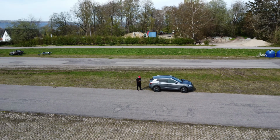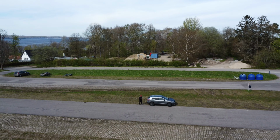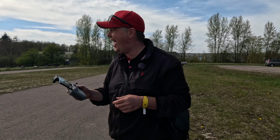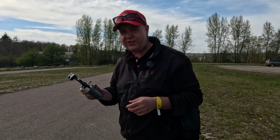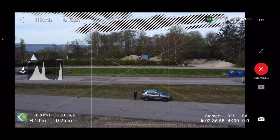So now it's doing its thing, and then once it's done, it's being blown away. The drone will simply return to the position where you started the quick shot. So that's a pretty smart feature,